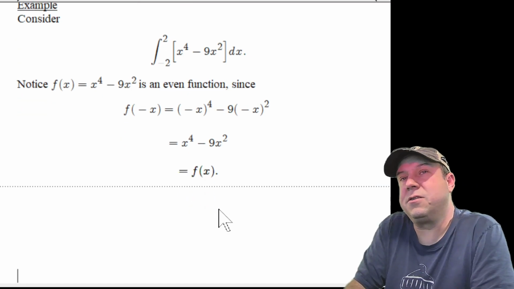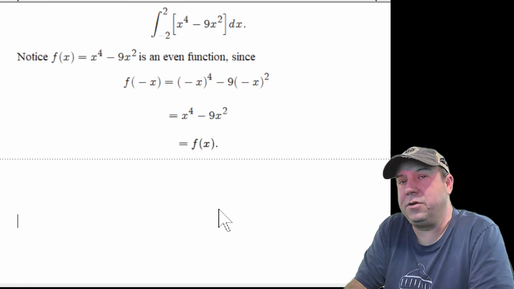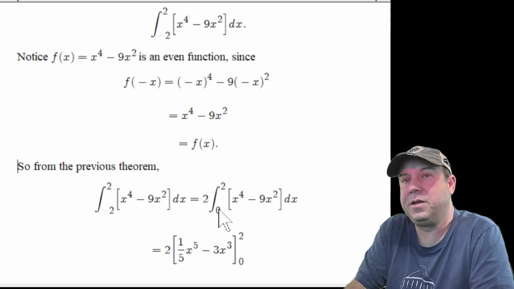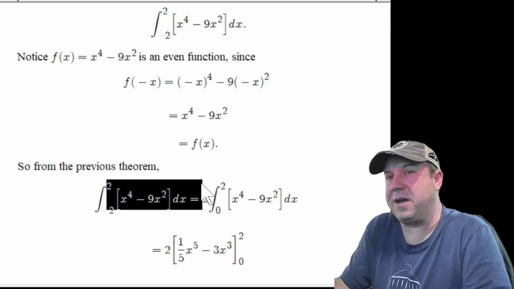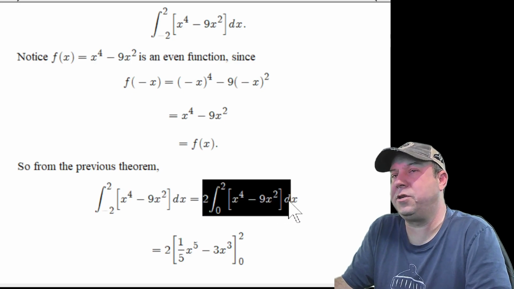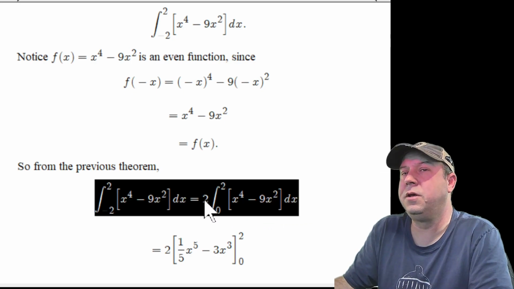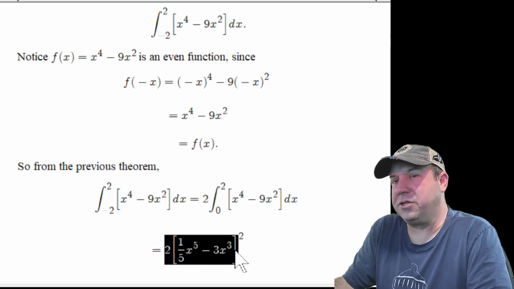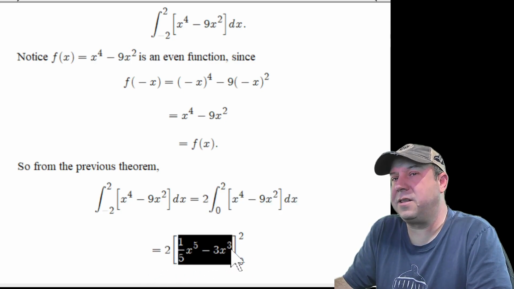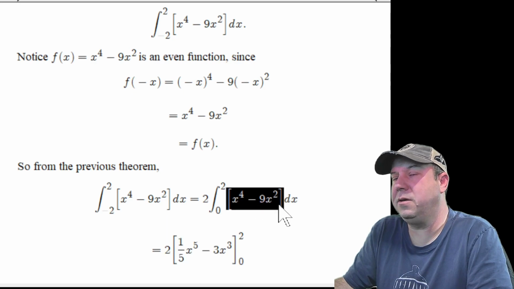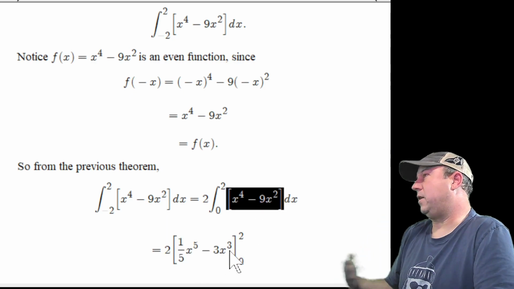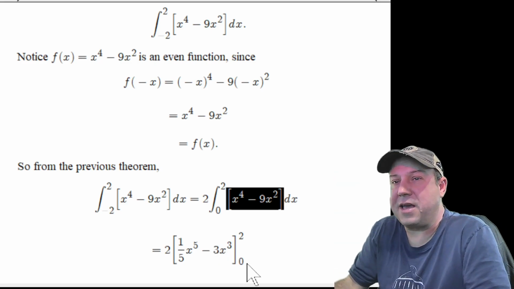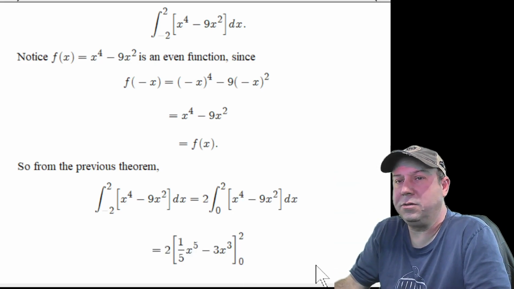So that means the integral I want here from -2 to 2 is just twice the integral from 0 to 2. And we can set that up. This definite integral from -2 to 2 is just twice the integral from 0 to 2 for our function. Our function's antiderivative is 1/5 x to the 5th minus x cubed for the quantity x to the 4th minus 9x squared. So if I evaluate that from 0 to 2,